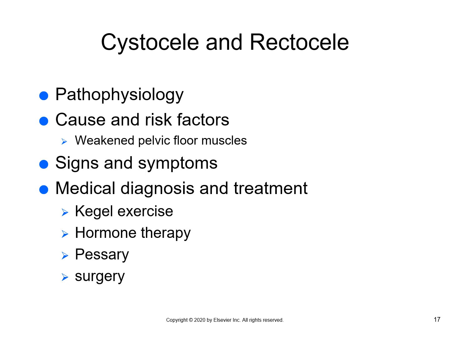Cystocele and rectocele: when there is bulging of structures that are not supposed to bulge, like the bladder for the cystocele and the rectum for the rectocele, through the vaginal canal, or vaginal wall, I'm sorry. That is what we call cystocele and rectocele. And what's causing this is the weakened pelvic floor muscles.